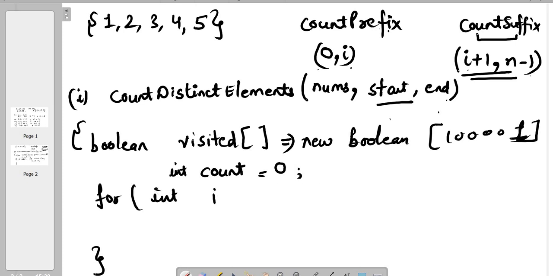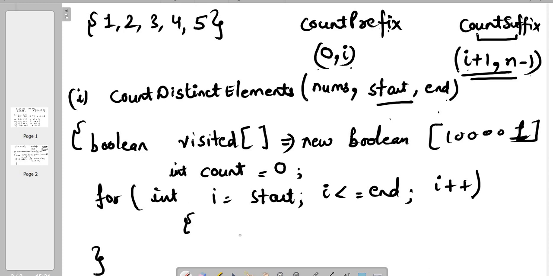The loop would be starting from start index till the end index, right? So in case of prefix, it will start from 0 and end at I index. And for suffix, it will start from I plus 1 and end at n minus 1.